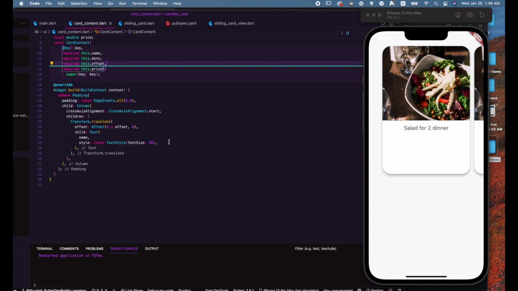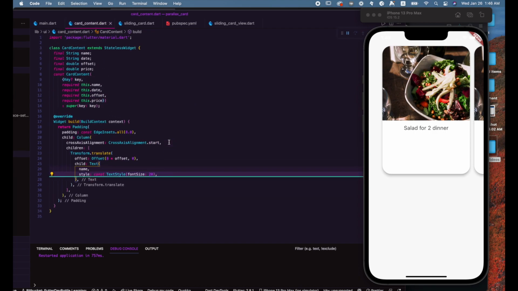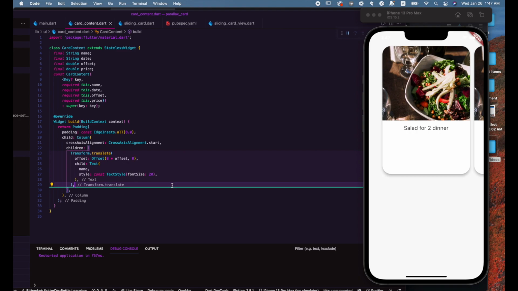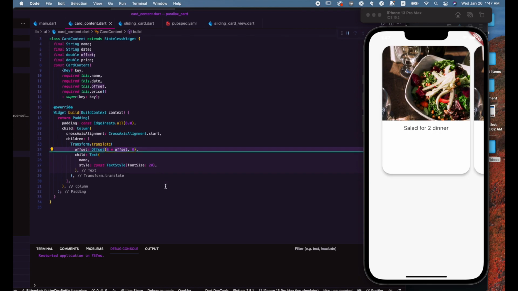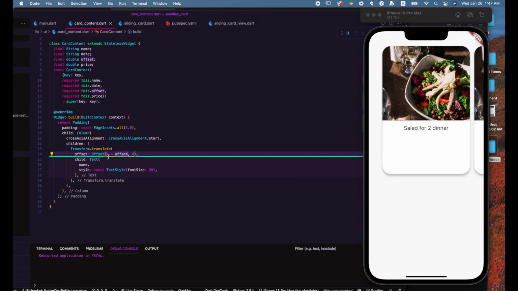Let's go to our card content and update it. Let's update the first text offset. And we are going to be adding a couple of texts and buttons in our card content. For every single text and button we add, we are going to use transform as a parent, and we are going to change its offset so that whenever we scroll through the page, every single text will move with our scroll. And yeah,